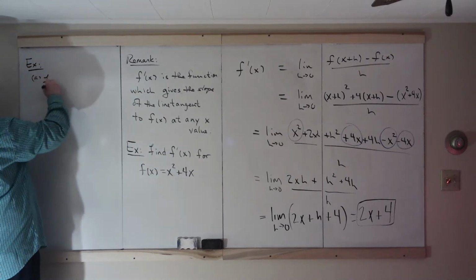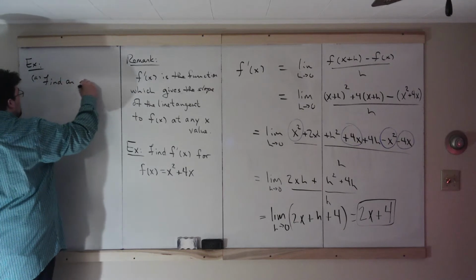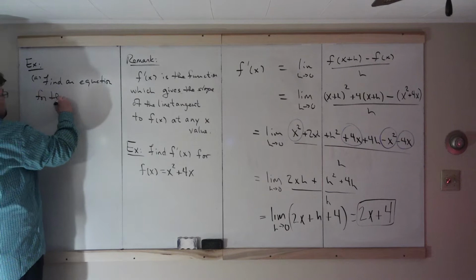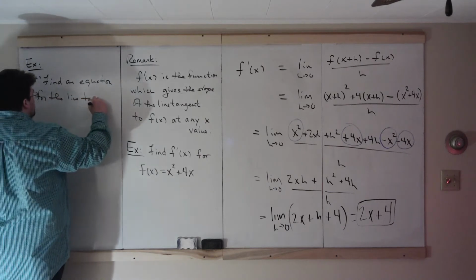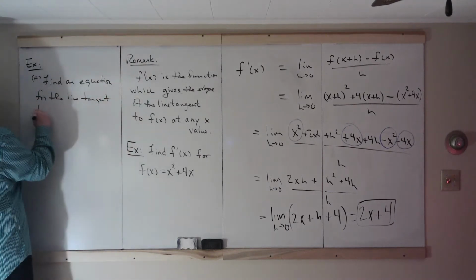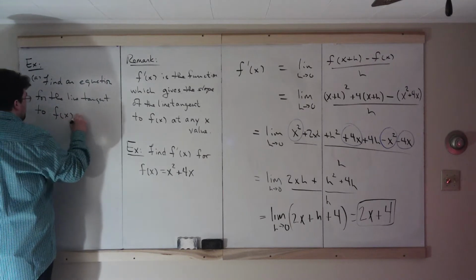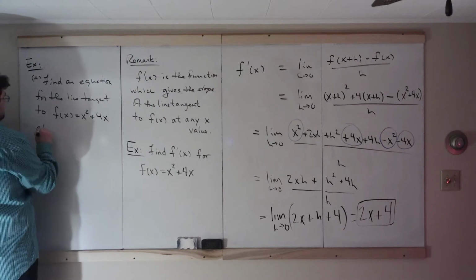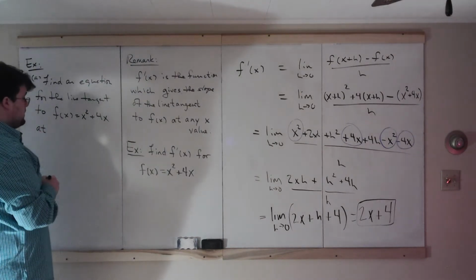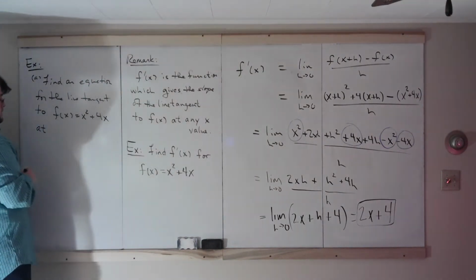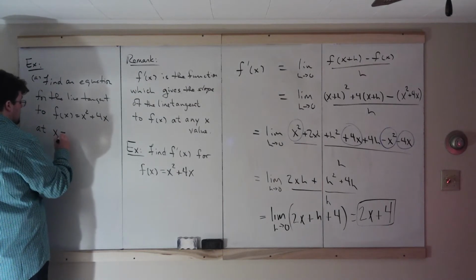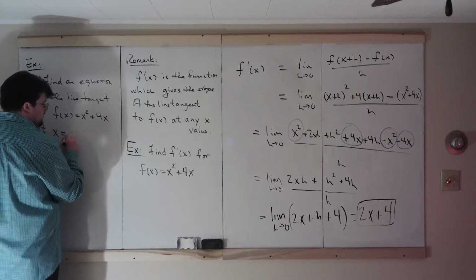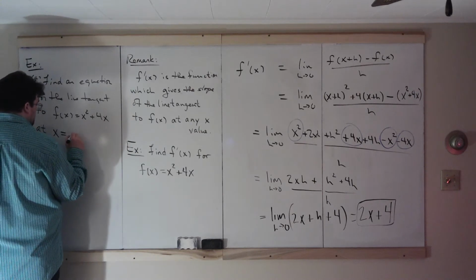A, find an equation for the line tangent to f of x equals x squared plus 4x at, let's pick an odd number, x equals, how about,